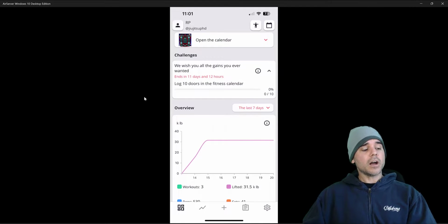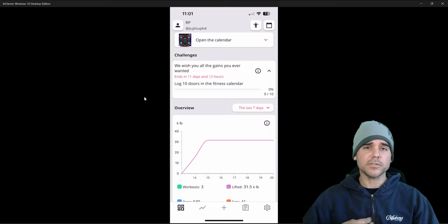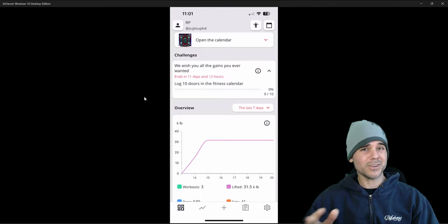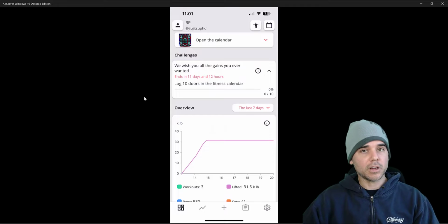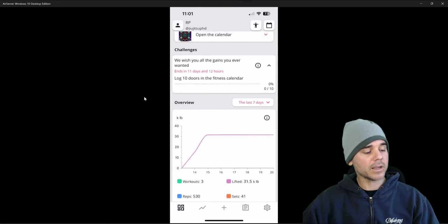I was able to get all their information. Similarly, with Strengthlog, I was able to get all their information. I think they're out of Sweden, Strengthlog. I was able to find out who the team was, who's developing it, all that good stuff. Remember, I couldn't get that at all from Strong. So I was able to find that information on their websites for these apps. All right. So Strengthlog,